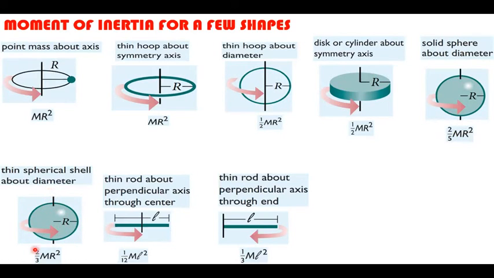So it is 2/3. As you see, 2/5, 2/3. This has a greater moment of inertia than that. That is, it is harder to rotate a hollow sphere compared to a solid sphere. A solid sphere is easy to rotate, but a thin spherical shell, which is called a hollow sphere, is hard to rotate. These two examples are given, but there are no questions about these two examples in your